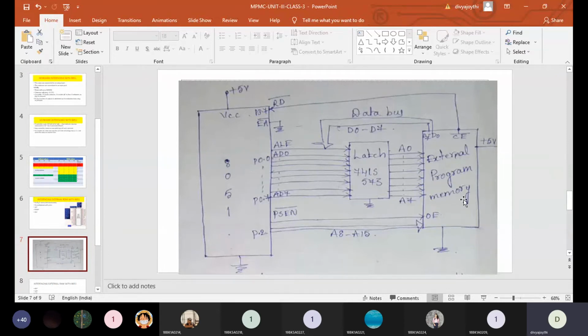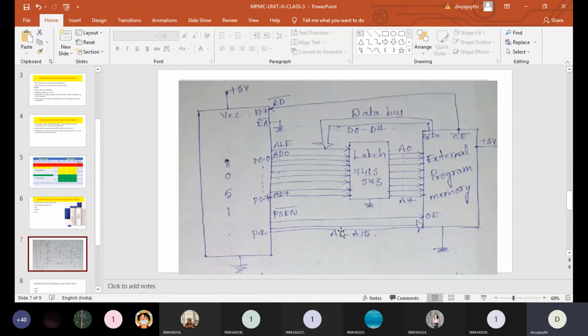Keep in mind that here the latch is not an interface. We are not using any intermediate device to interface memory to the 8051. 8051 comes with internal IO ports, so devices can be directly connected. But as we need to work with only address lines, and in order to separate the address and data lines which are multiplexed at port 0, we are using the latch.